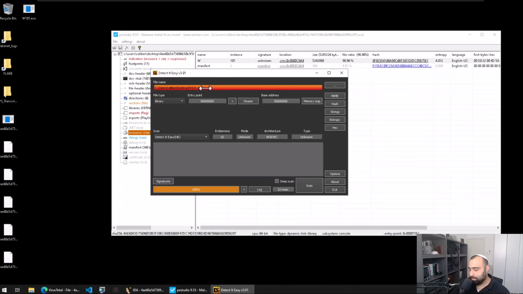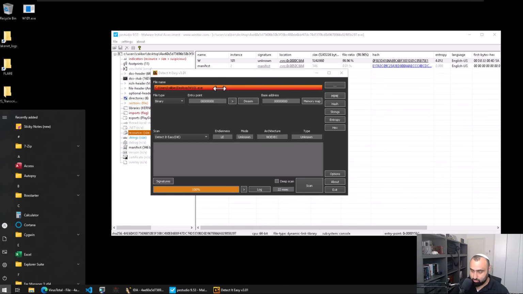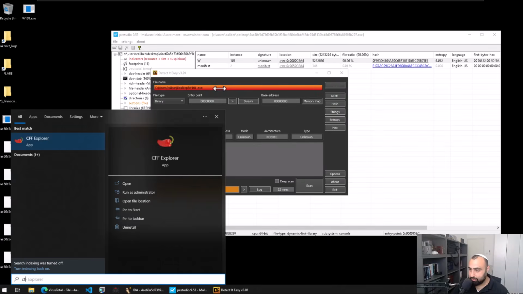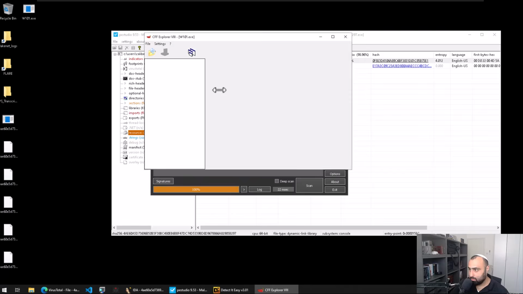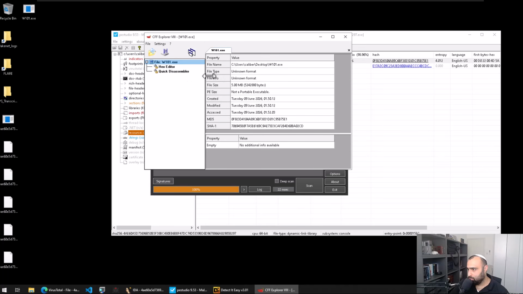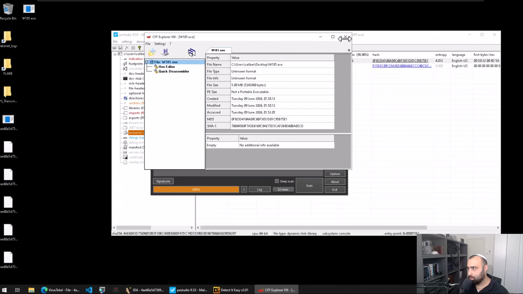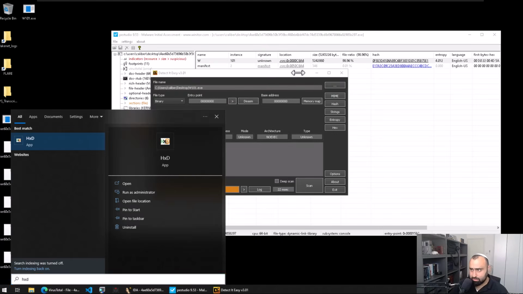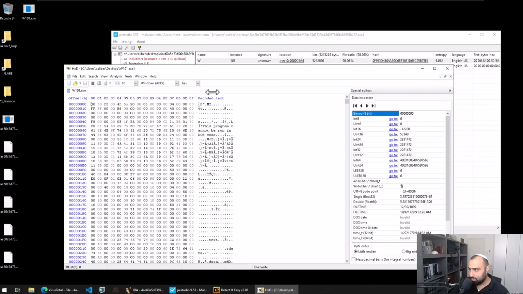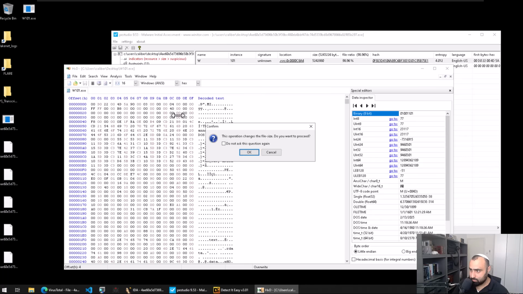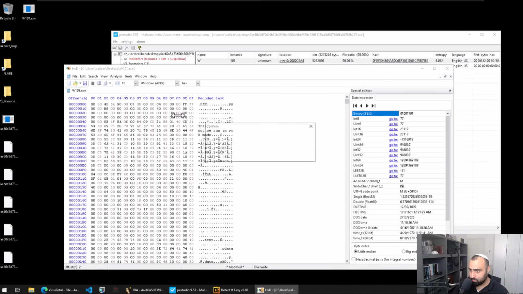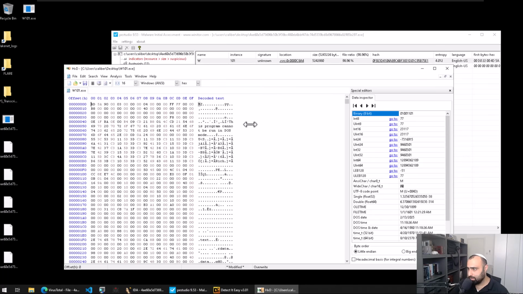to the program. By the way, if I try to, let's say, open it up in CFF Explorer, maybe here it will work, but it will not read it correctly. It will break it. Why did it break? Because of the fact that we have this at the start. So if we remove it like this, and save it,